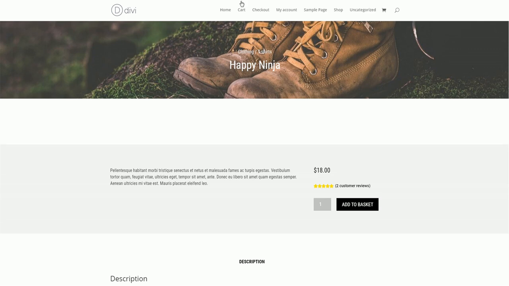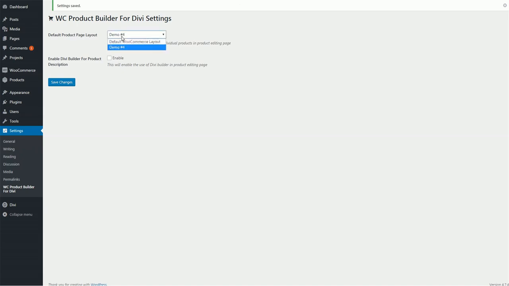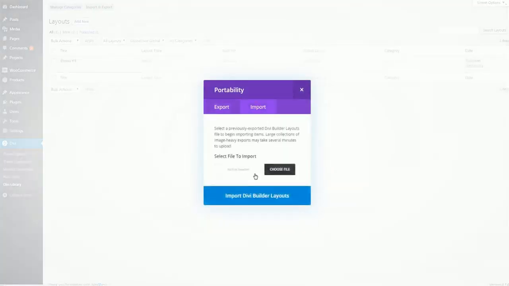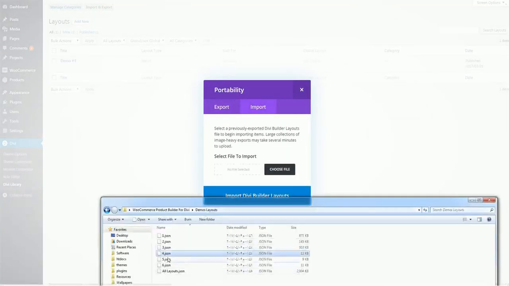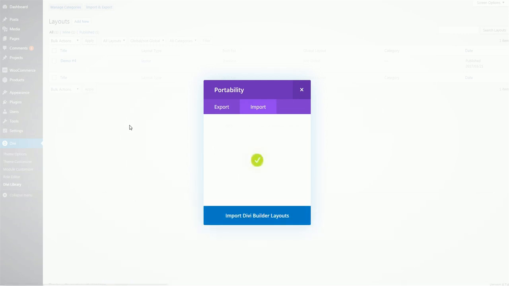How can we do that? The first thing you want to do is to make sure that you have more than one layout. So I'm going to import another layout. I'm going back to Divi library and click on import and export. I'm gonna import this time maybe layout number 5 and click on import. After the layout is imported,